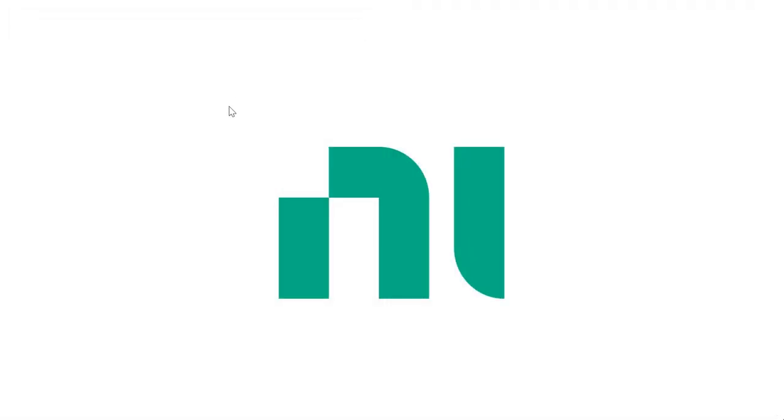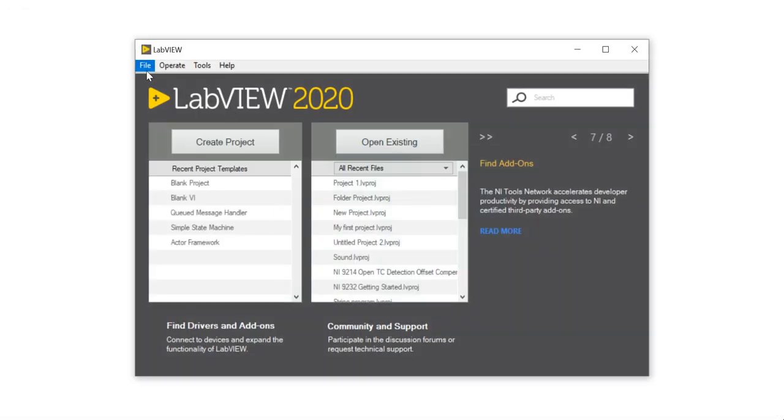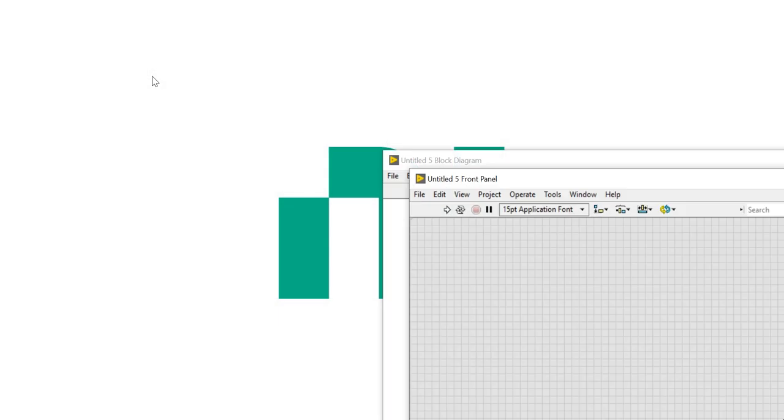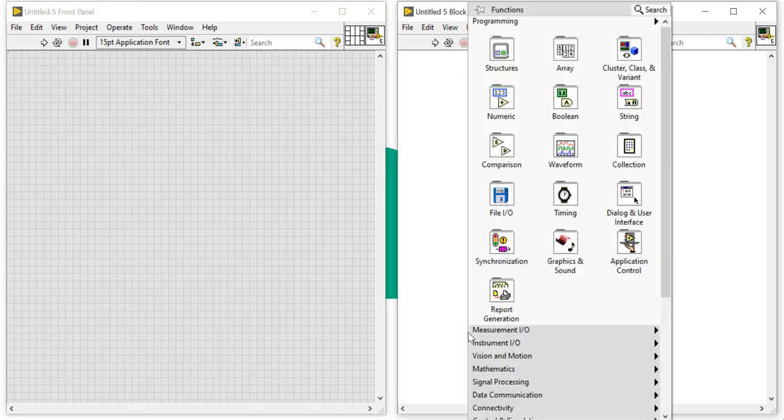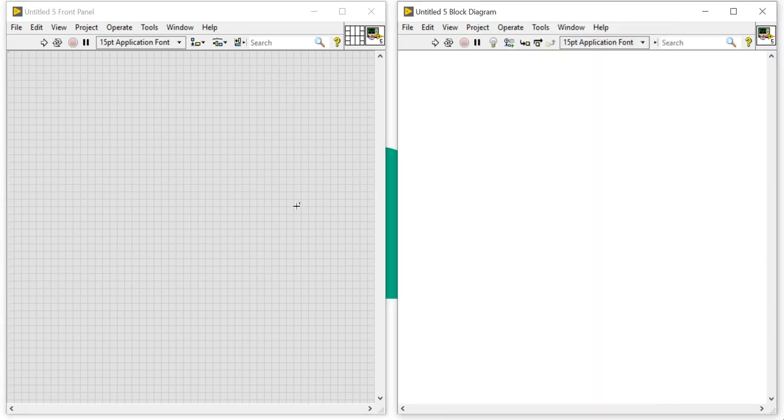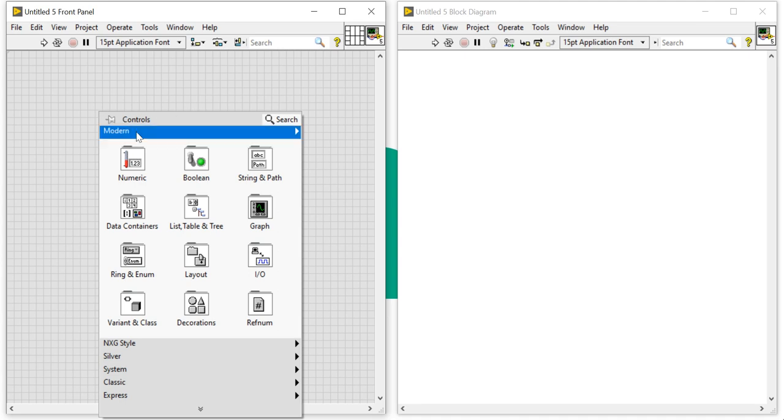Let's go to the third data type. In this VI, we will use the string data type. String is our third primary data type. Where will we get the string?